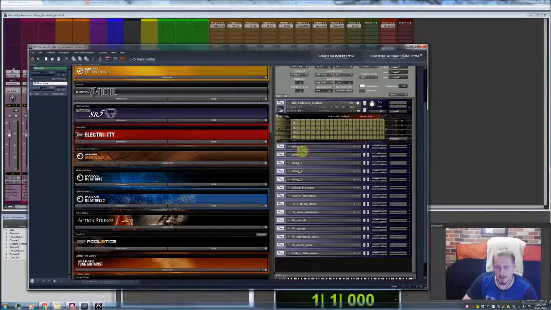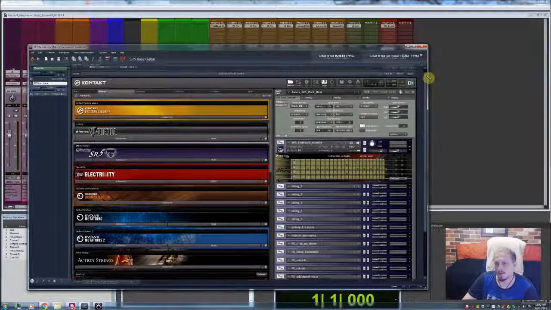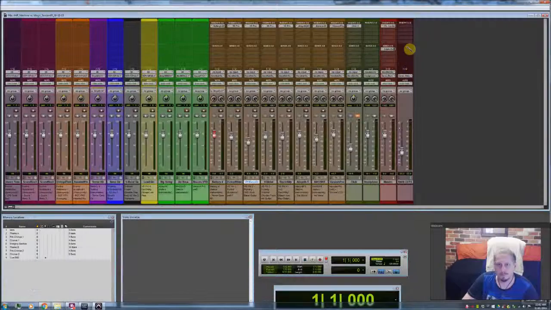It basically has your 5 different strings, pickup and hit noises, natural harmonics, different effects and slides and scrapes, things like that, and you get a really realistic bass guitar sound. And each of the different articulations and slides effects all have key switches. But we'll go into more of that later when I show you the actual part.